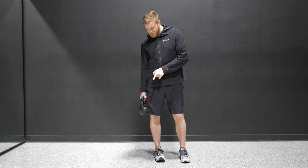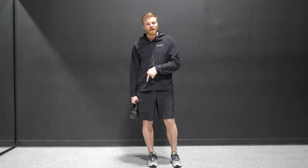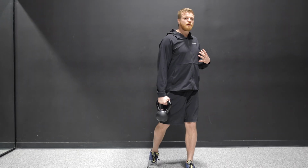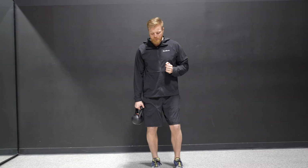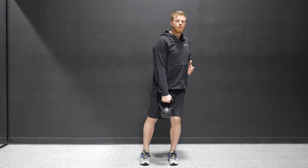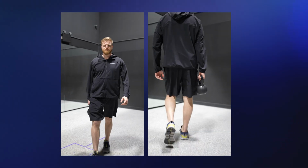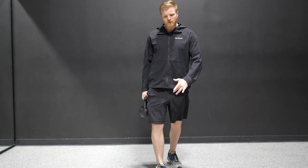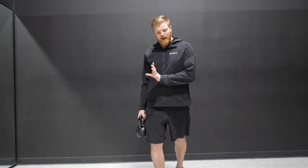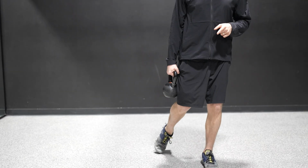So in order to keep myself from falling over, I have to naturally push my arch down. If I push my arch down, that is going to then allow me to propel to the other side. So I'm able to get that arch to come down, that pronation, that is going to lead to a rotation towards the left. So now every time I take a step with my right foot, because it's pulling me towards the edge of the right foot, I have to reflexively push on the inside edge